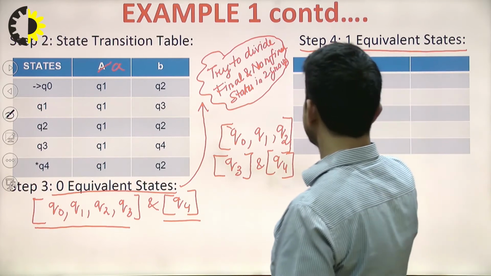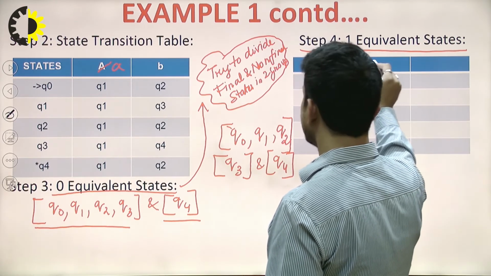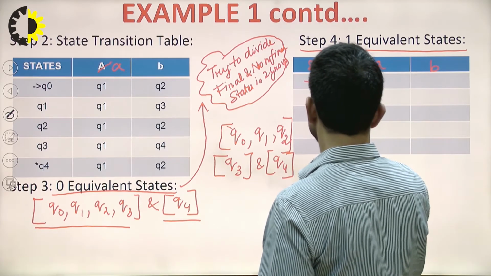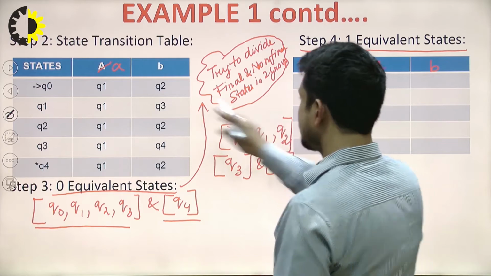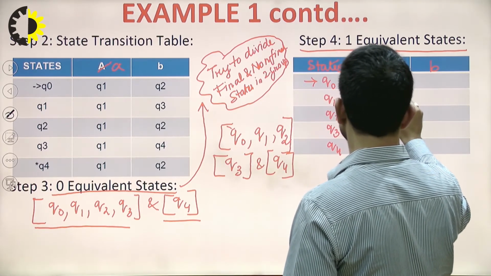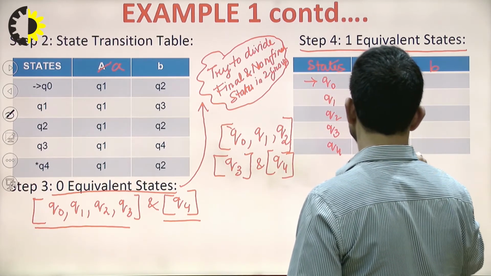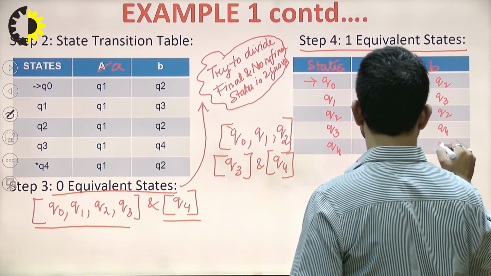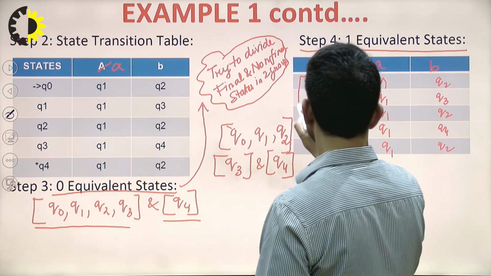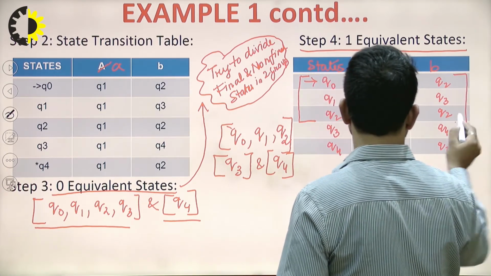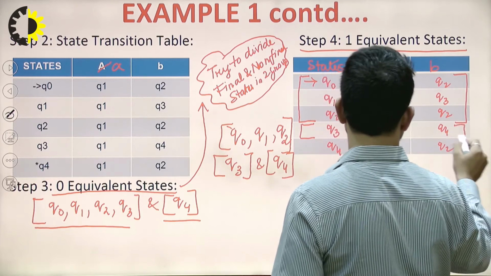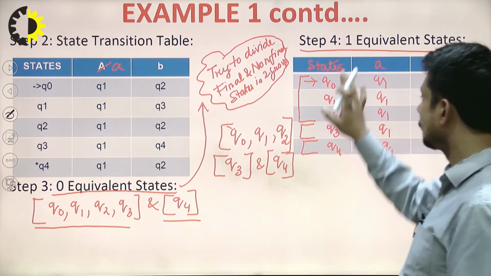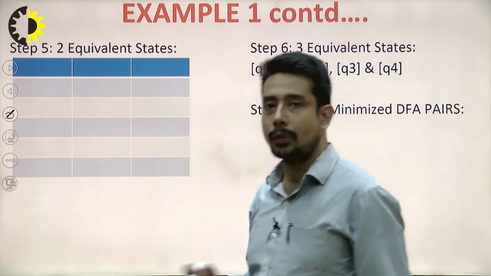Therefore, if we look into this particular table for step number 4, A and B, this is Q0, Q1, Q2, Q3, Q4. So the states will remain as they are. Okay. Don't get confused. This will be Q2, Q3, Q2, Q4, Q2. So that means now Q0, Q1 and Q2 will make a group. Okay. Q3 will be another group and Q4 will be another group. So I hope in this particular step number 4 we got the transition table like this. Therefore now step number 5 I need to do, right?